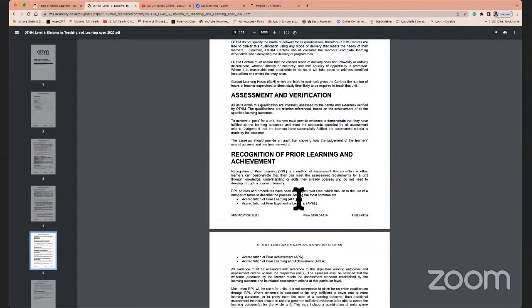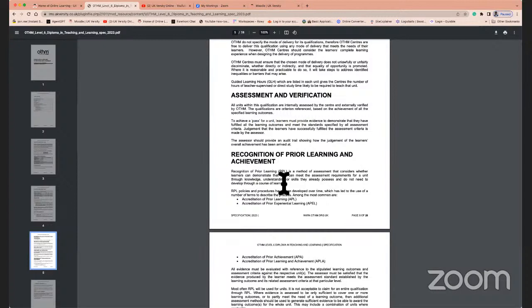Now, I think there will be a lot of mapping of recognition of prior learning, which could be done in some cases. So feel free to bring your work in from level 5. I'm pretty sure in units 1, 2, 3, you would have created things like assessment plans. You would have had learners' work, minimum 2 learners' work.